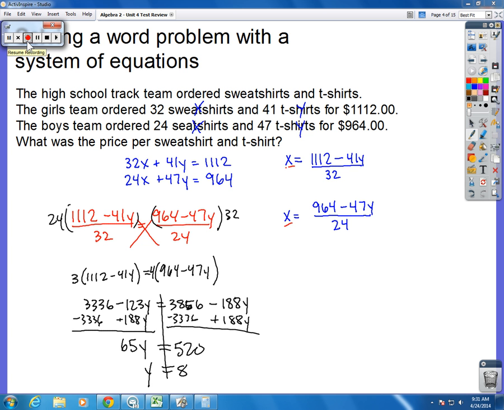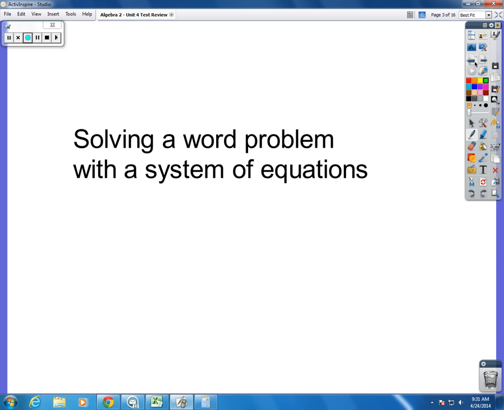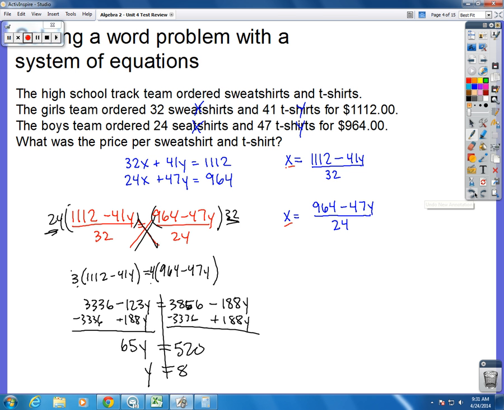So as I work through that problem, I end up cross multiplying. I reduced my 24 and my 32 to 3 and 4 because they're both divisible by 8. I distributed my 3. I distributed my 4. I solved the equation for y. Ended up y being 8. So that means a t-shirt